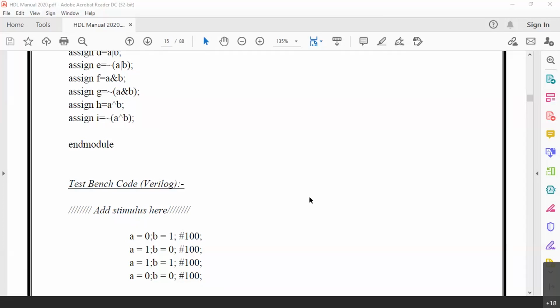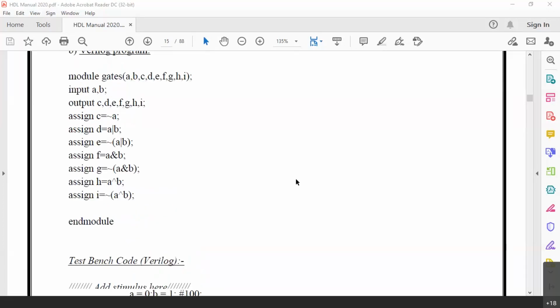Similarly, the synthesizer tool is not going to worry about the logic at all. Whatever code you give, the code is directly going to be converted into hardware, because it automatically understands that the tilde symbol means NOT gate, pipe symbol means OR gate, ampersand symbol means AND gate, caret symbol means XOR gate. Accordingly, you only have to give which are the inputs and which are the outputs. That way, it will plot the circuit diagram for this particular code, and then it can be downloaded into FPGA. So this was the answer for my first question. Now my second question is,